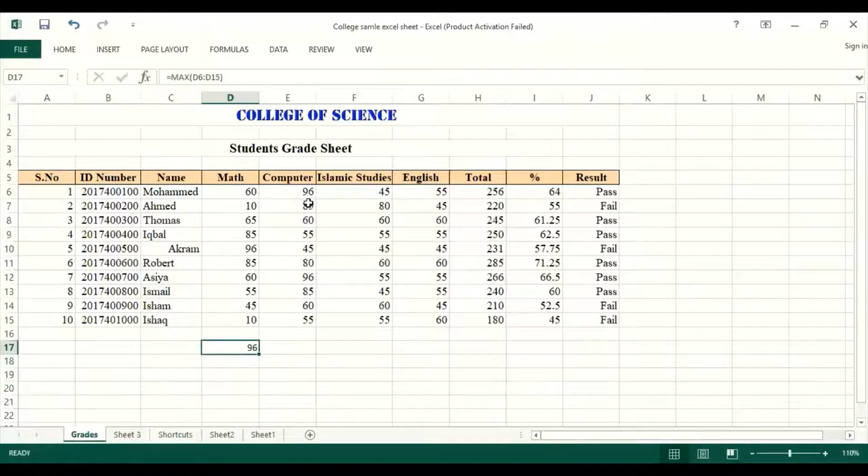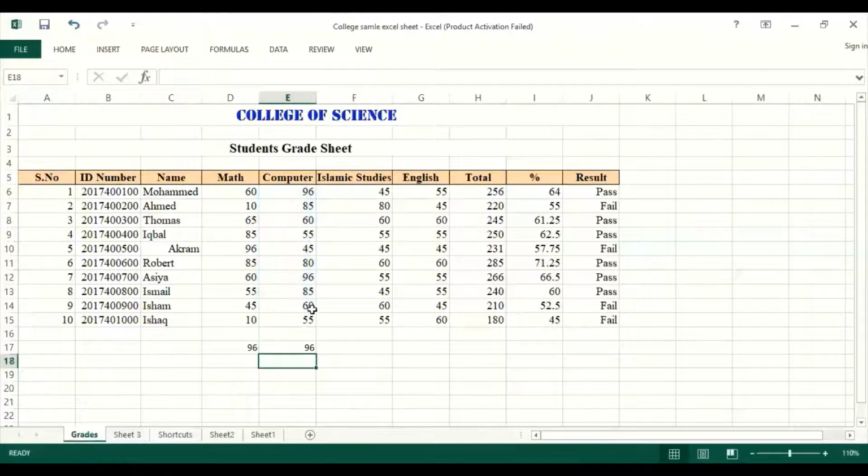Same like that, for example, I want to calculate the maximum value amongst the computer subject. Right now I want to apply the maximum formula again: equal to MAX, again small bracket, and mention the starting position, and after that mention the ending position, expand the selection, and then close the small bracket and press the enter key.